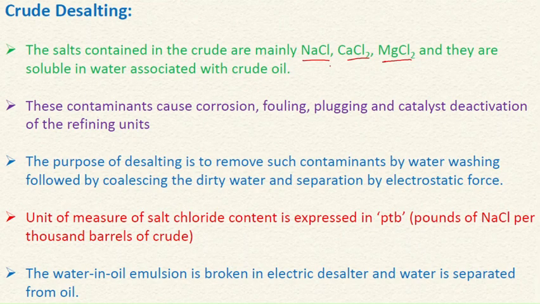So there is presence of different kinds of hetero components, such as I told in the last class, nitrogen also is present, some amount of nitrogen, sulfur, then these salts are present, then some metal contents are also present. So all these are unwanted things which cause disturbance and corrosion during the distillation process. So we need to remove all these.